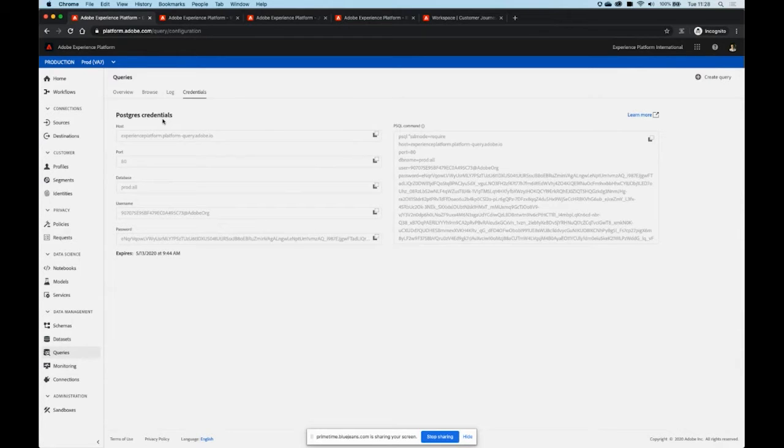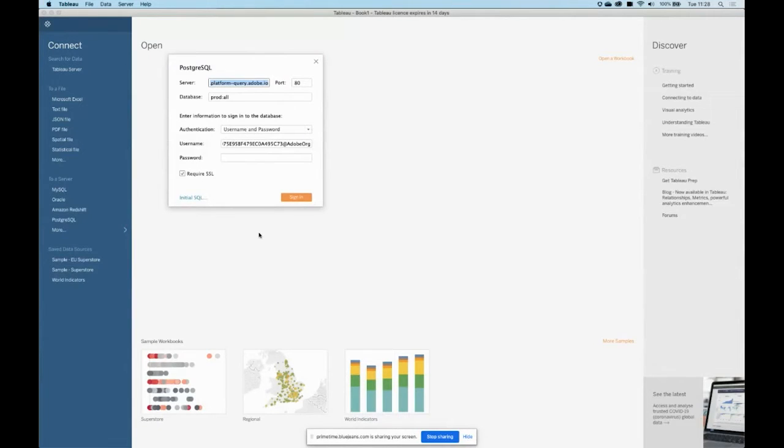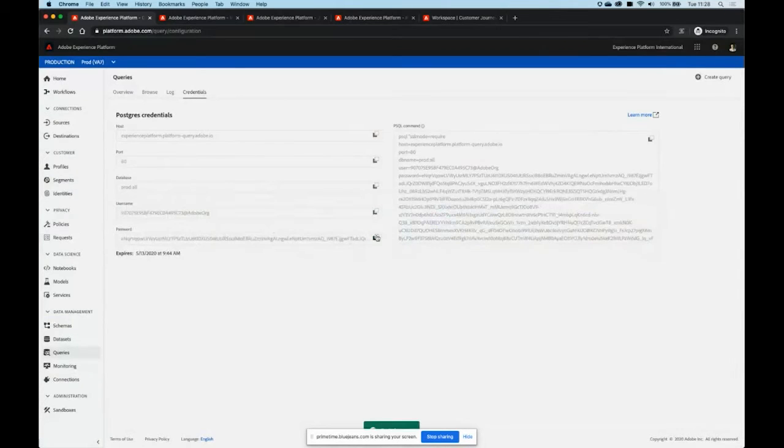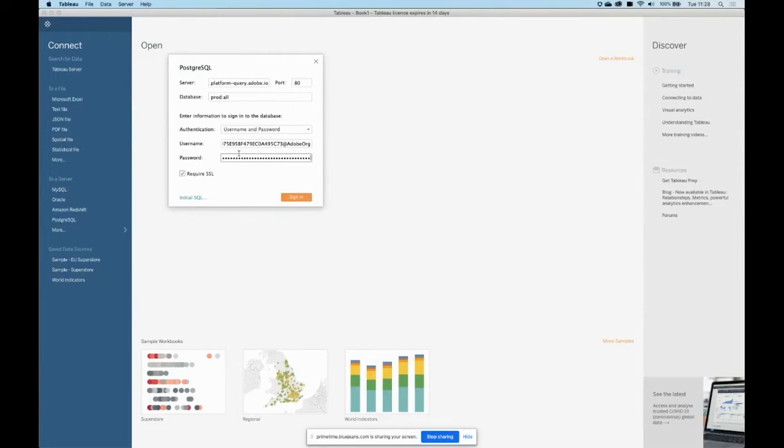So you can think of Experience Platform in exactly the same way. By taking these Postgres credentials, I can go into a solution like Tableau, put all the data I need into there, and just authenticate using a simple username and password system. So if I just copy that password onto there,